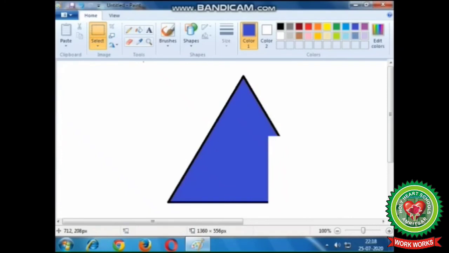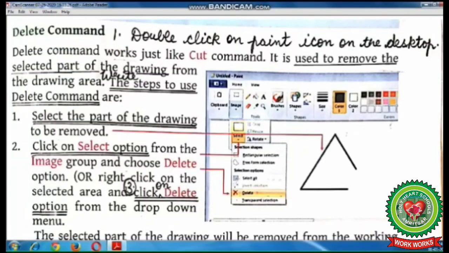So in this way, using these two methods, you can use delete command to remove any part of the drawing. Students, mark the steps to use delete command on your books. Number 1 is double click on paint icon on the desktop.